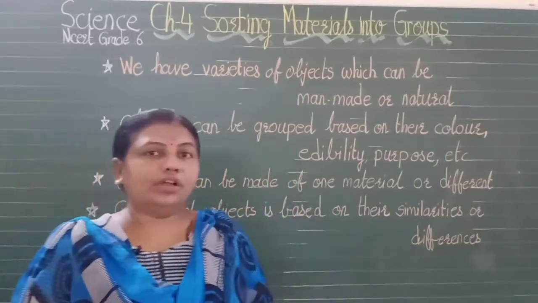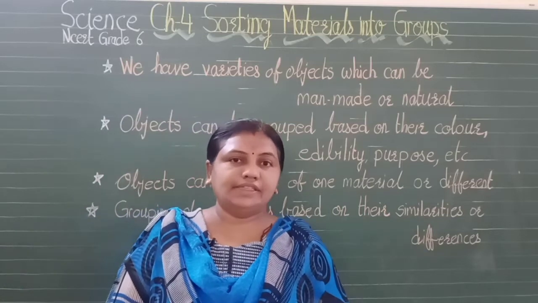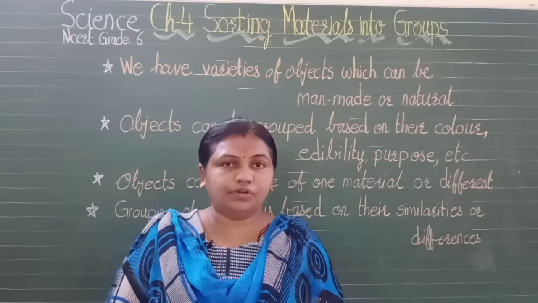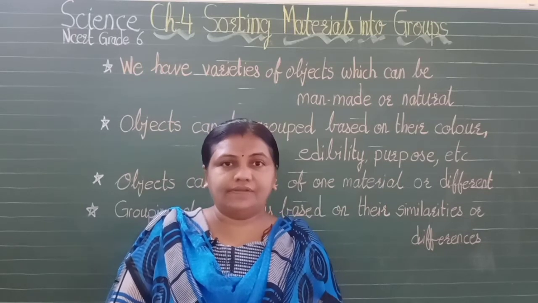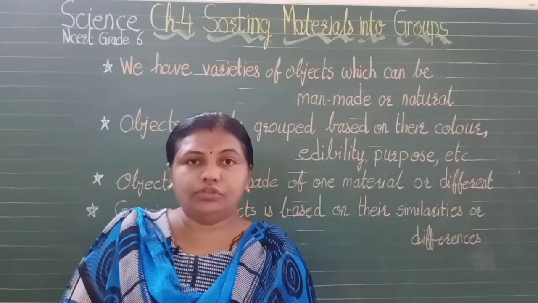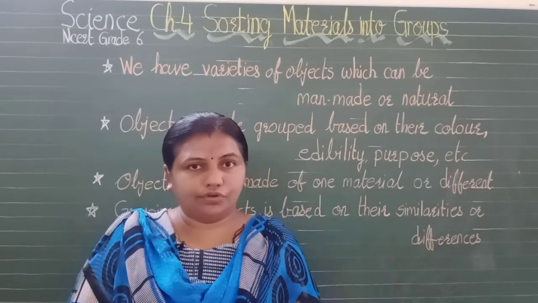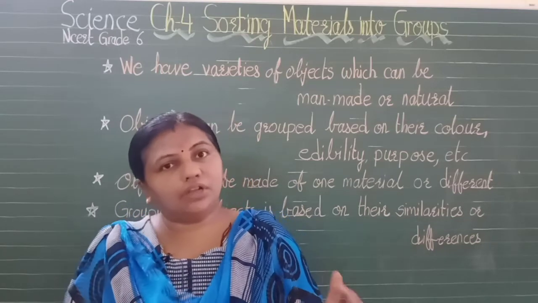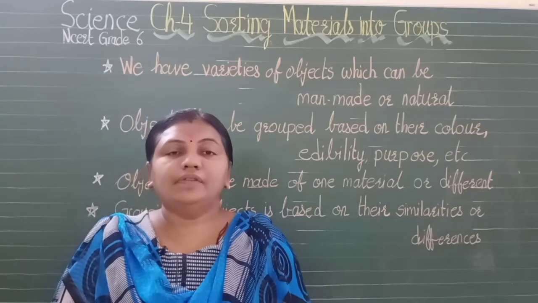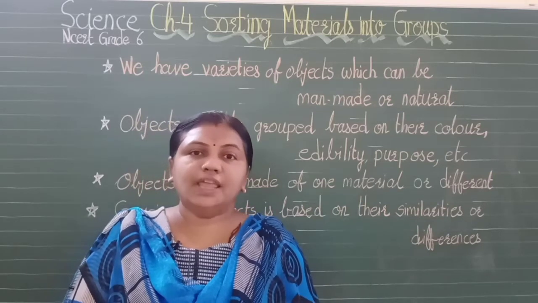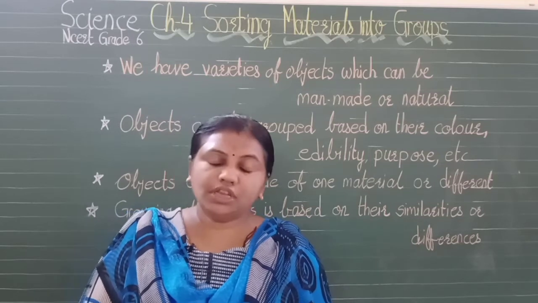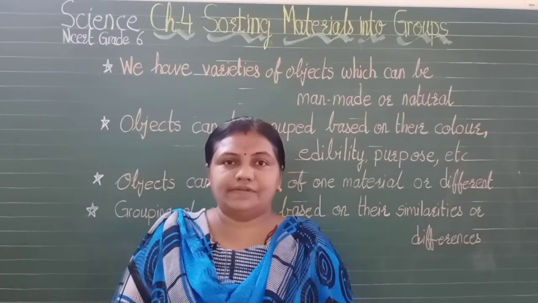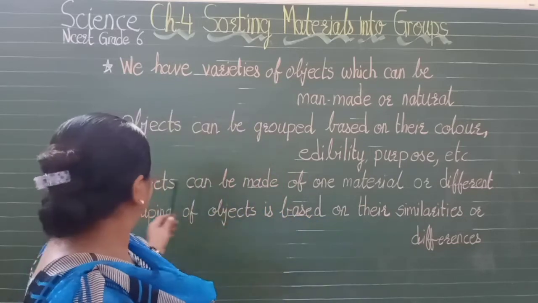It can be according to the color. Now I can give you a very good example. If I take an orange, the orange fruit, and I want to group it according to the fruit, then it will come in the fruit group. If I want to group it by color, then it can be in the color group, isn't it? And if I want to place it by shape, then it can be in the round group. So it is possible. There are many ways to differentiate or classify the objects.